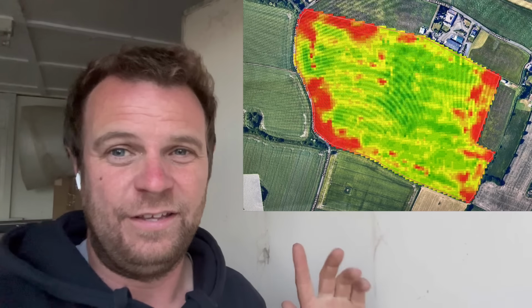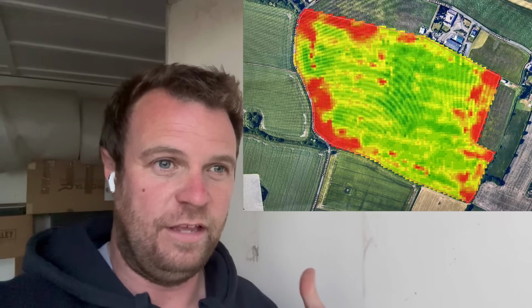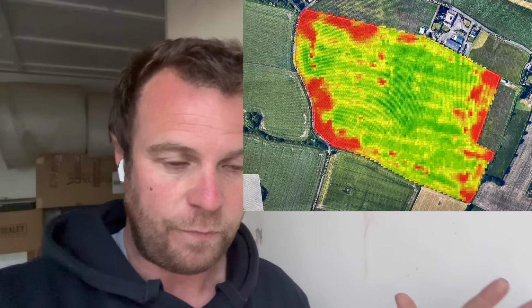It looks like it, because it got longer, but if you look at the yield map there, you can't really see much difference. But what you can see is that the 1% higher bushel weight is real, because it doesn't matter about the length of the field or whether there were weedy patches or wet patches. As you can see from the map, there were all sorts of wet patches, that's the red bits. Even the tram lines, you can see every single tram line, because obviously we've gone through in wet conditions. But 1% higher bushel weight on the yield off that field at just over 3.5 ton wet weight per acre works out at